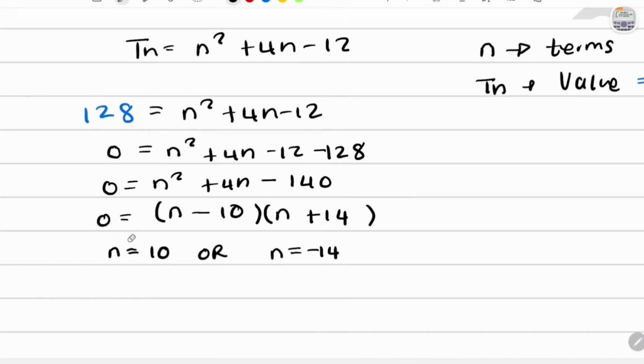So looking at this, n is equal to 10 or n is equal to -14. Which would be your answer? It would be n is equal to 10. You have to cancel or invalidate this one, because the thing about it is that